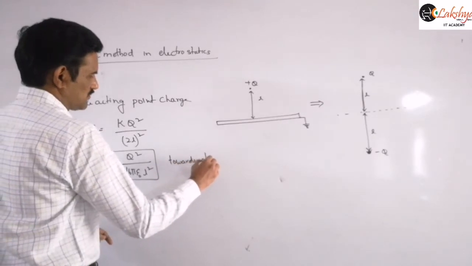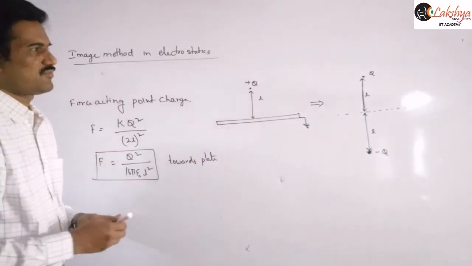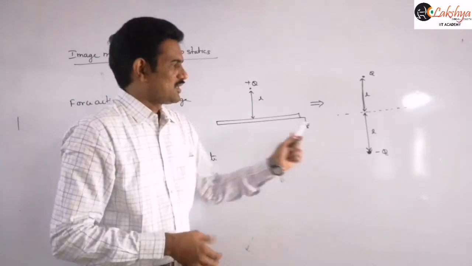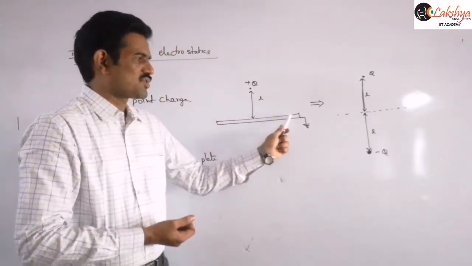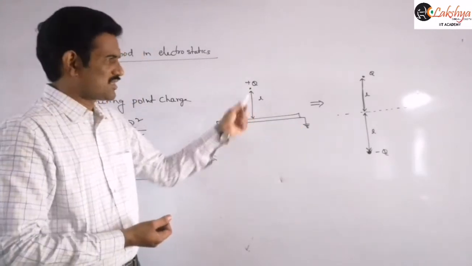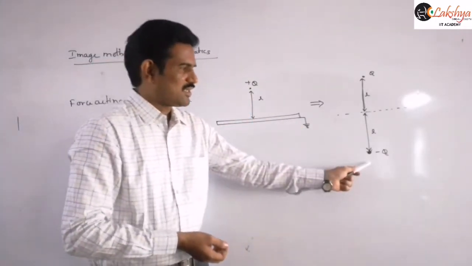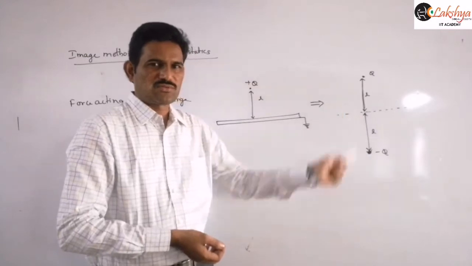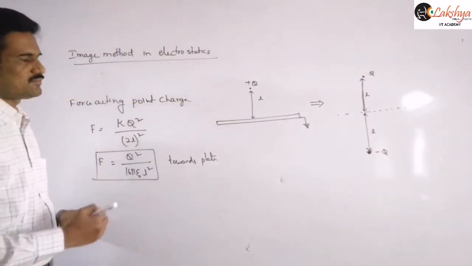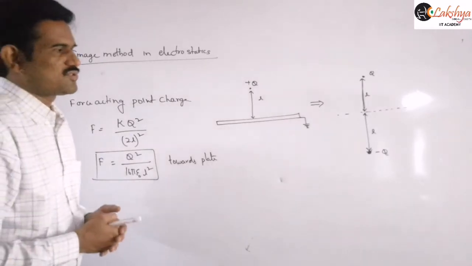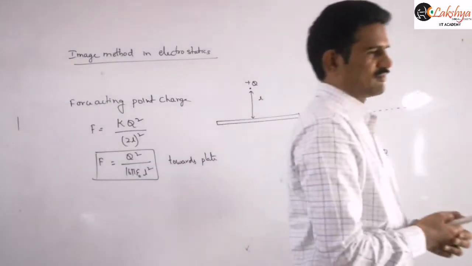So this will be the direction of the force, because here also we discussed already, induced charge will be there, so this side negative charge will be there. So due to that negative charge, attractive force will be there, and the same force will be there here also. So that force will be attractive, right? And now here, suppose you want to find the amount of work done.